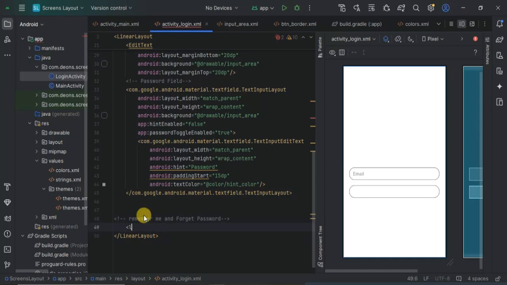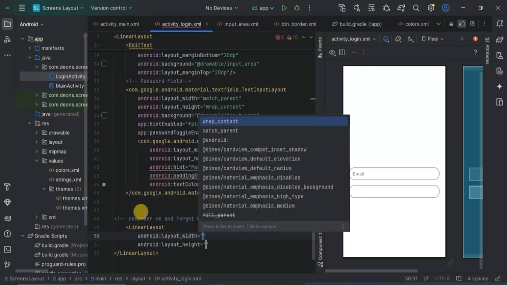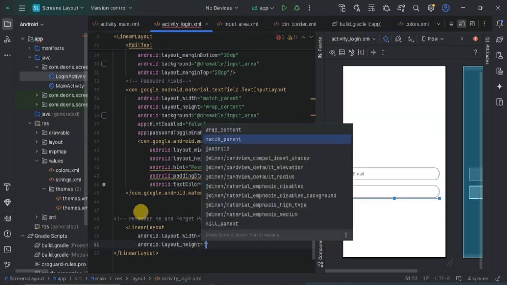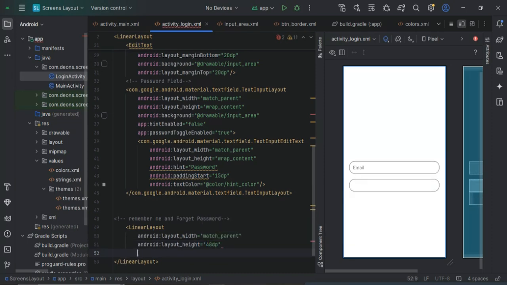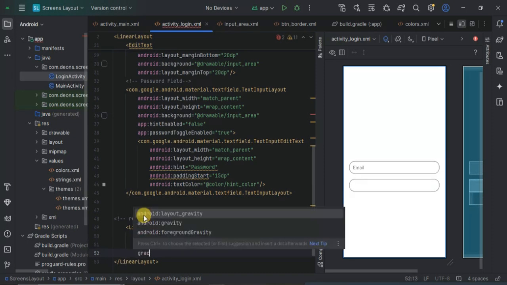Every mountain, every distance. Okay, so we want to have our remember me option and forget me password on the same line. So we are going to use a relative layout so that we can place them side by side. That's the main reason for using a relative layout. So I'm going to set the height this time around to 48 dimension pixel because I don't want it to be too tall. Then I'm going to set the gravity